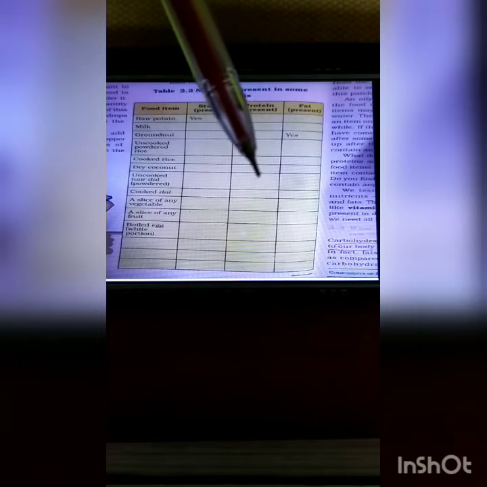This table will show you how to record the observations from these tests. Some food items are given here in this table. You can conduct the test either with these or any other available food items.